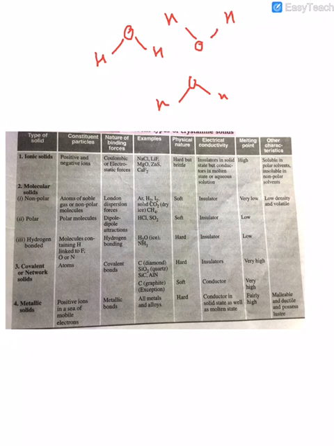Hydrogen bonding is strong in nature because, if I'm taking the example of water, water exists in a bent shape. So there is an interaction between oxygen and hydrogen, oxygen, hydrogen. So these are the interactions between them. They are also insulators because there are no free electrons. Their melting point is low but higher than the non-polar as well as polar solids, right?